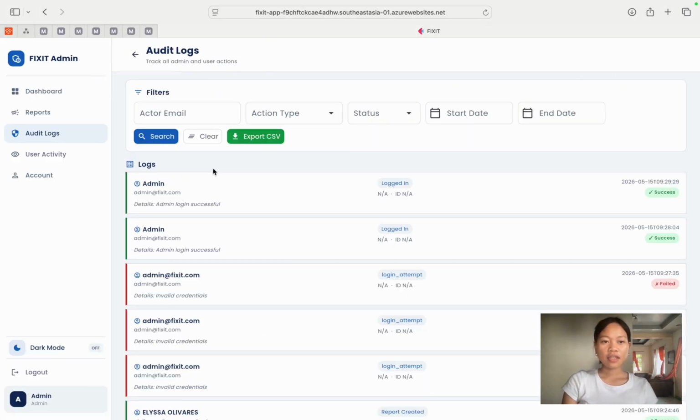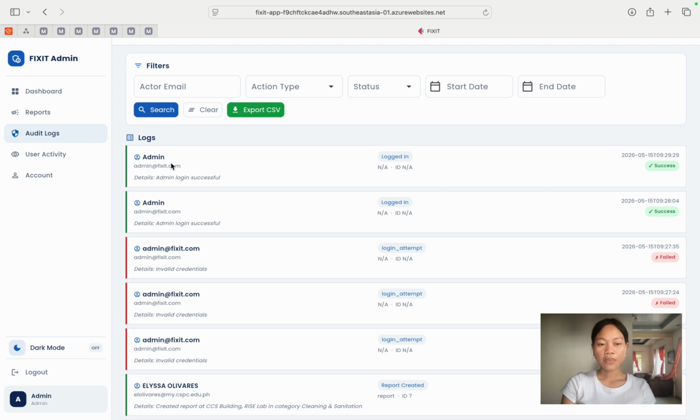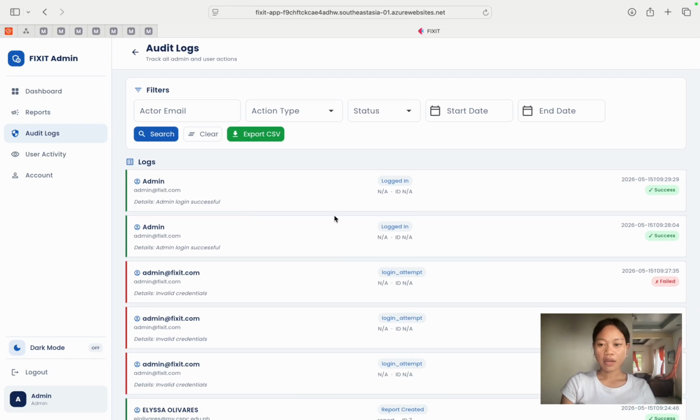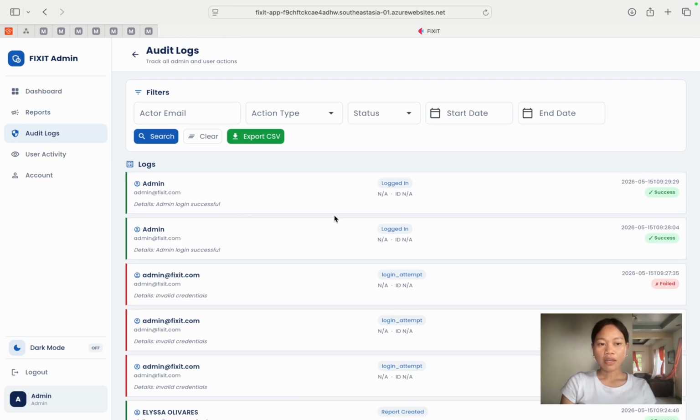For audit logs, the admin can track all the users' actions, and the admin can also filter based on actor email, action type, status, start date, and end date. The admin can also search, clear, and export the report in CSV format. And here in logs, as you can see, even the admin login can be logged.